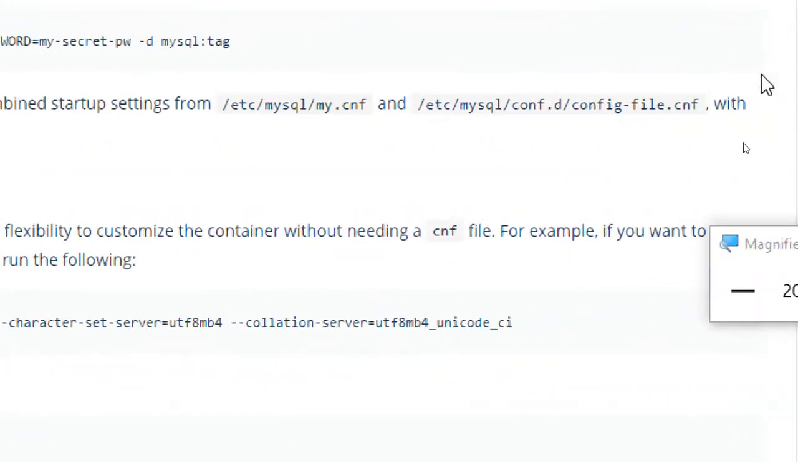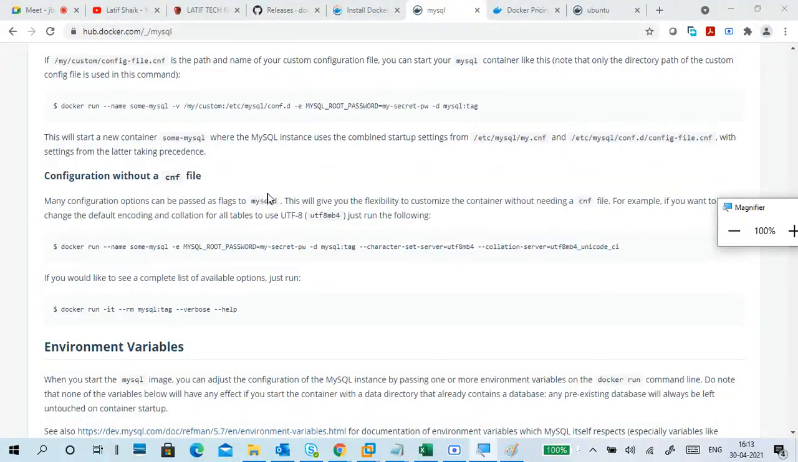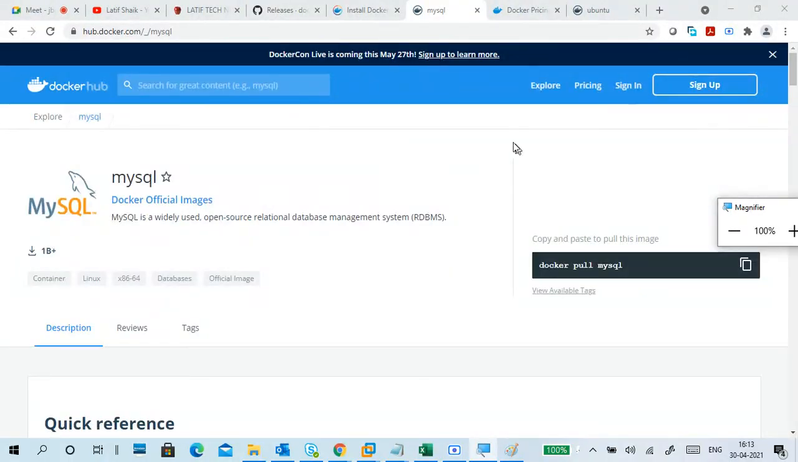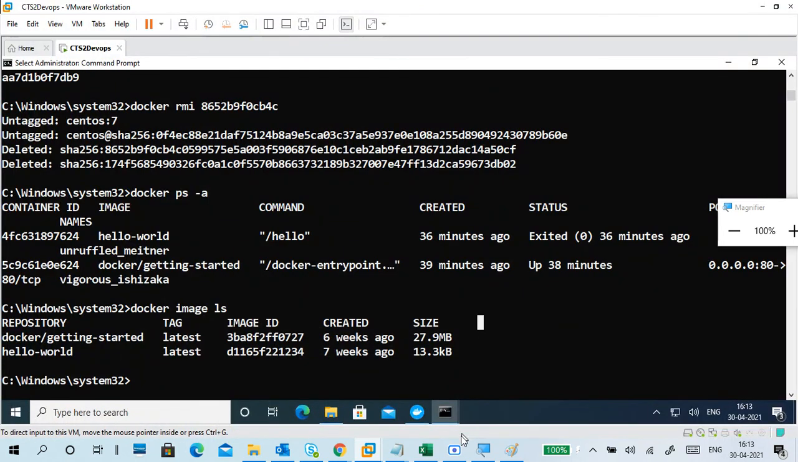We have to go to the details and learn about each application and how to use it. That is the simplest thing. I'm stopping